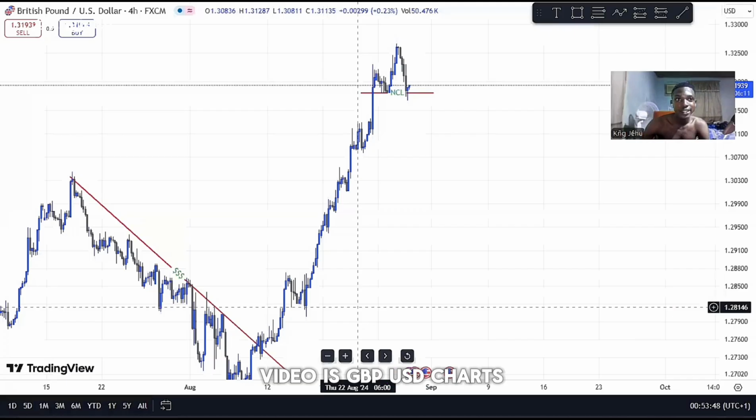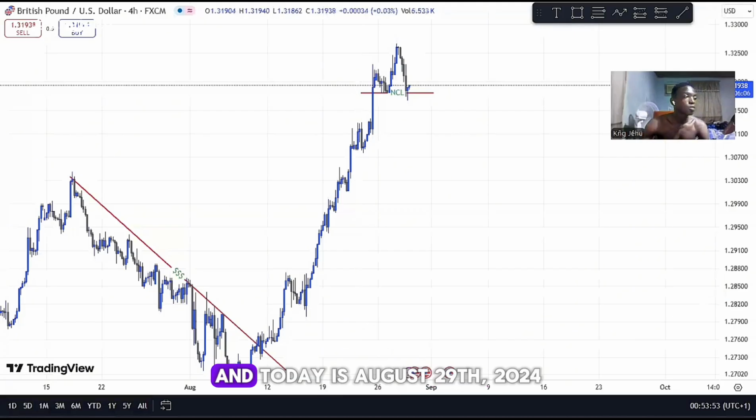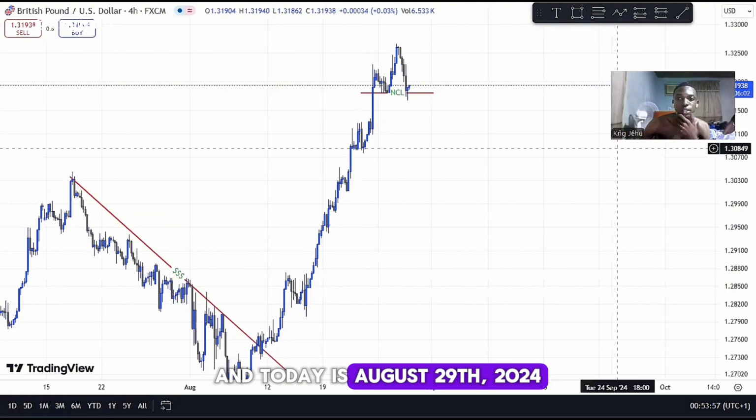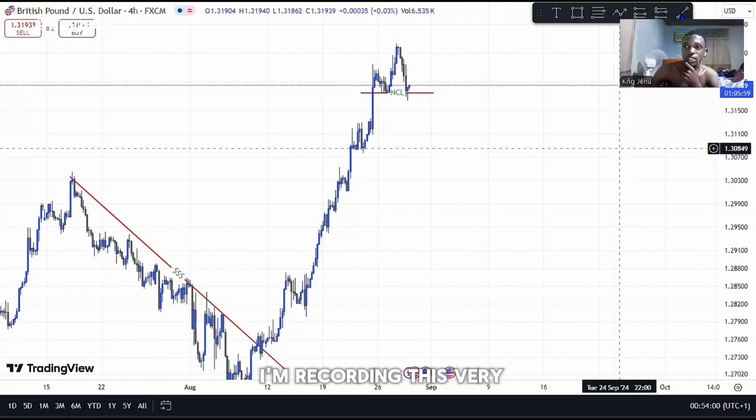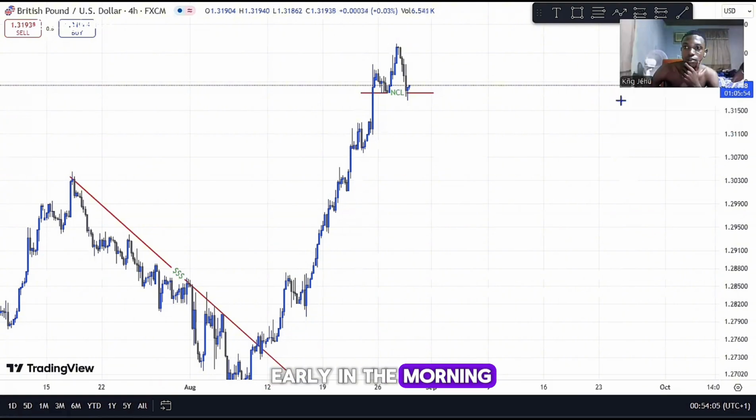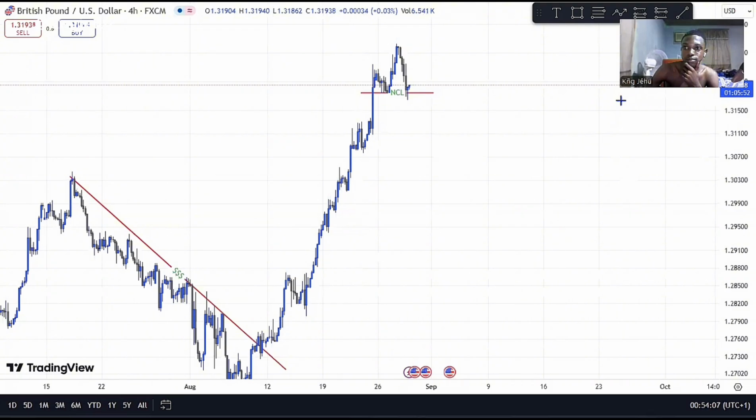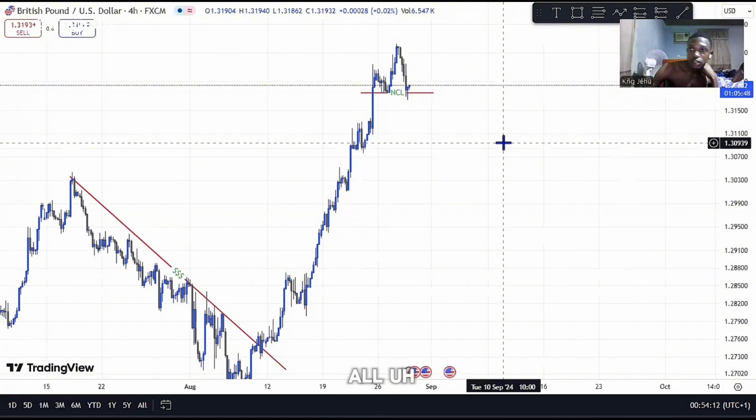This is the GBPUSD chart, and today is the 29th of August 2024. This is 12:53 a.m., so I'm recording this very early in the morning. I haven't gone to bed since last night. So first of all,